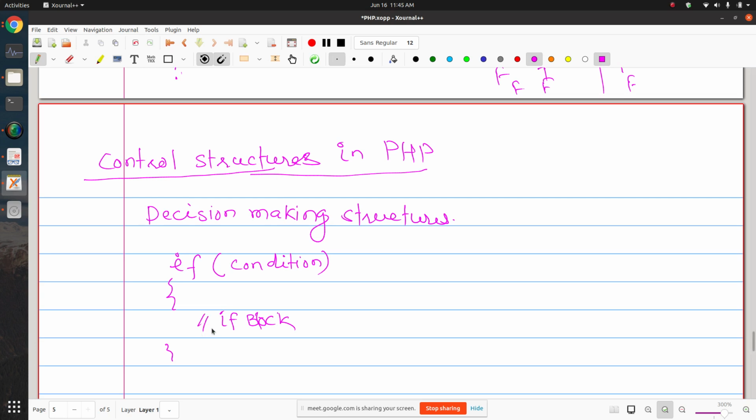Okay, now let me tell you one more thing, the comments that you can use in PHP. In PHP you can use two kinds of comments that are used in C as well. This notation is used for single line comment.